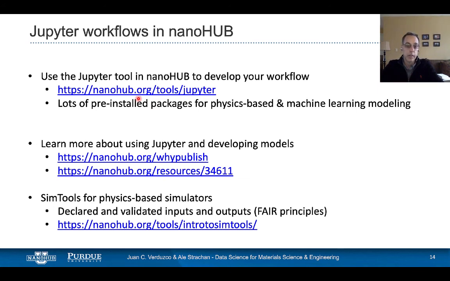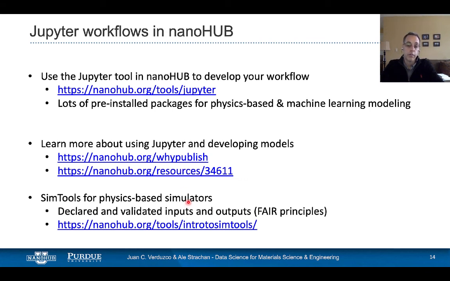There are lots of pre-installed packages for machine learning, physics-based simulations, stats, visualization, and whatnot. And there are resources on how and why to publish in nanoHUB, and the second link here in the middle is a presentation with details about developing tools in nanoHUB, using Jupyter and deploying those tools.